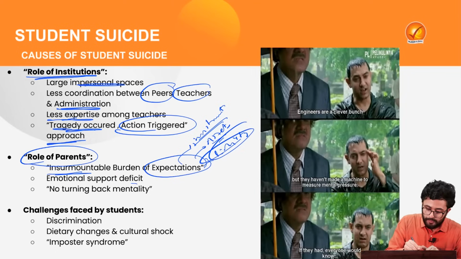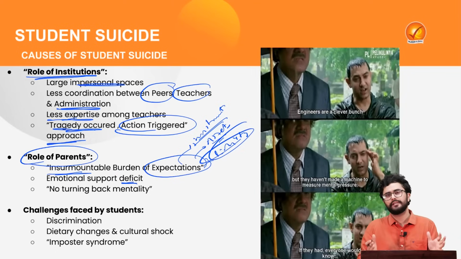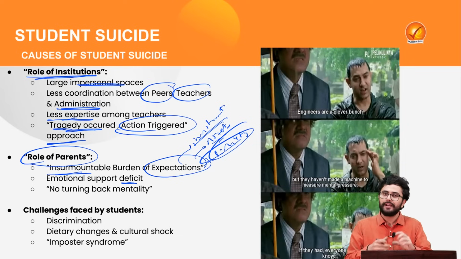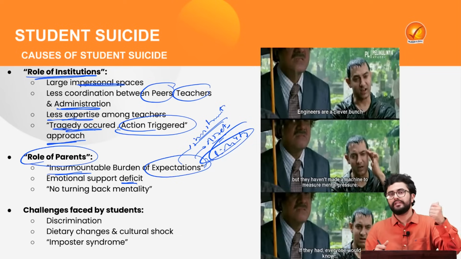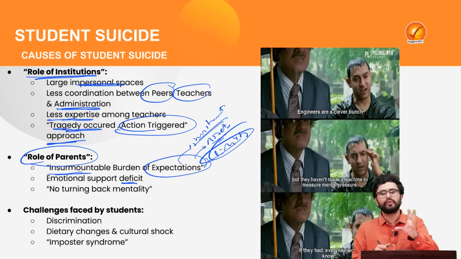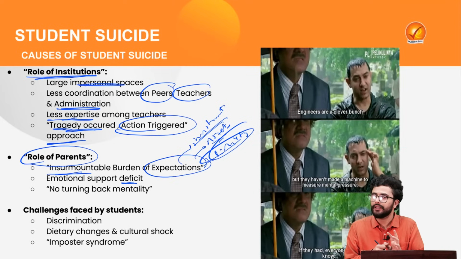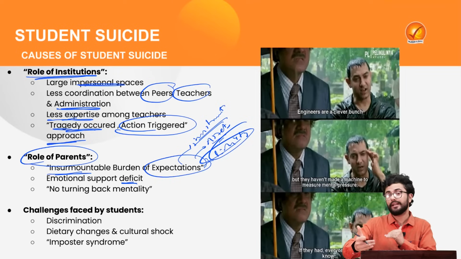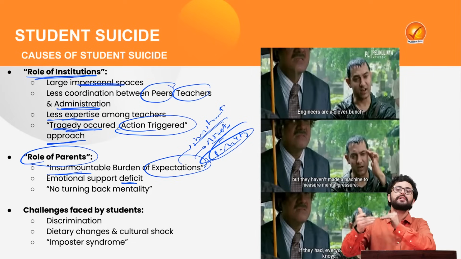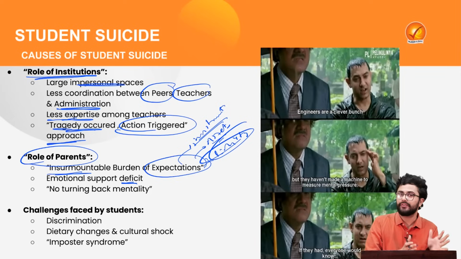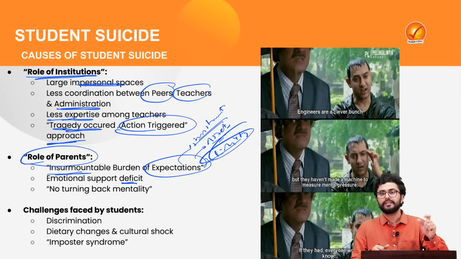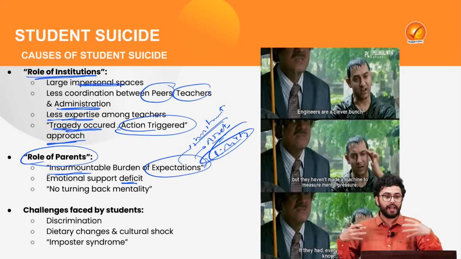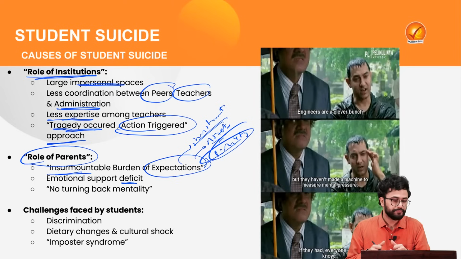Further, this emotional support deficit has started increasing because of the generational gap which has widened, and at the same time with the rise of the nuclear family structure and the kind of globalized environment in which we are living, over a period of time there exists a kind of emotional difference between the parents and children, where the children have become much more excluded and secluded from the larger structure of society.